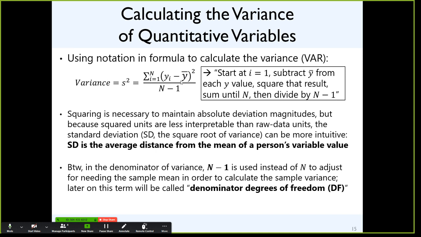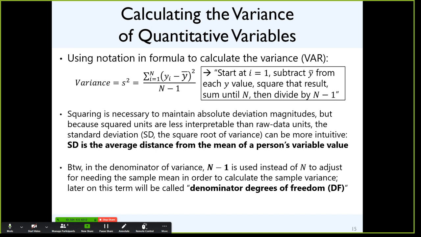And variance is calculated like this. It's how far off your observation is relative to the mean. So you would expect, because the mean is supposed to be the middle, right? Some people are above it, some people are below it. If I summed those deviations that are both positive and negative, they would work out to be 0, and that would not help me. So to counteract the direction, we square the deviations. You could, in theory, take the absolute value, but mathematically that's a way harder thing to work with, and so they square it instead.